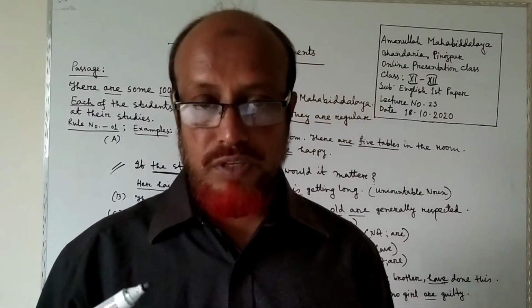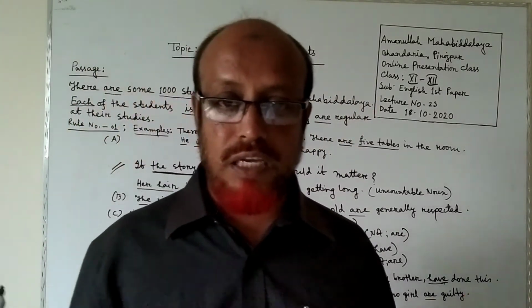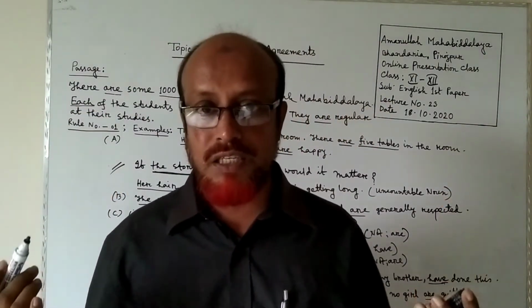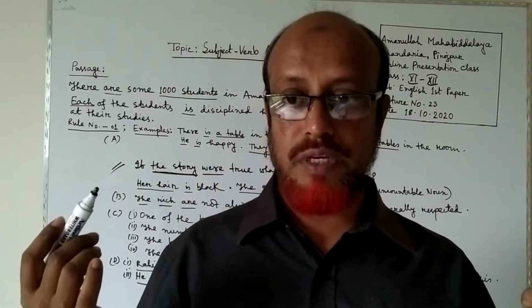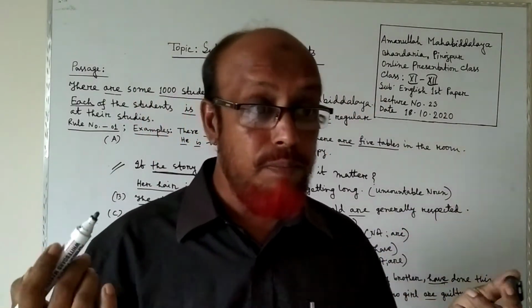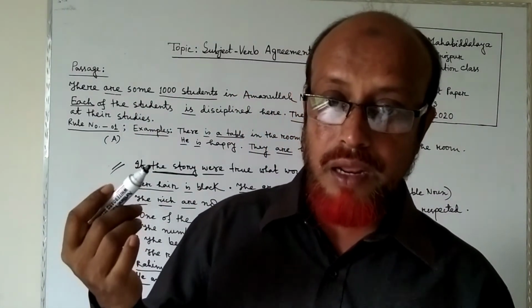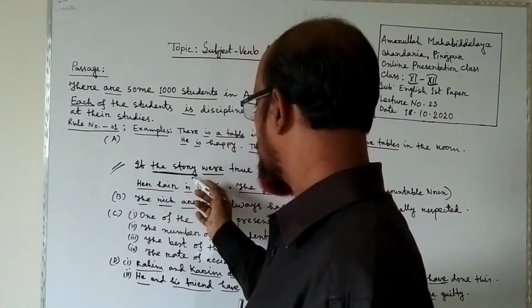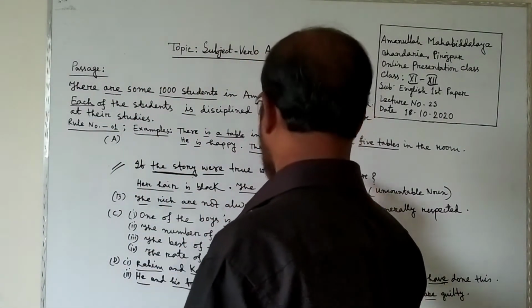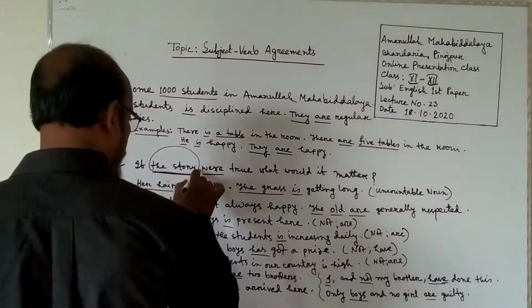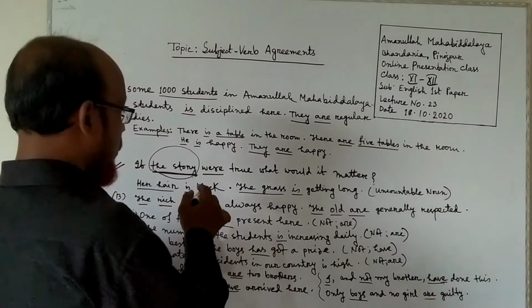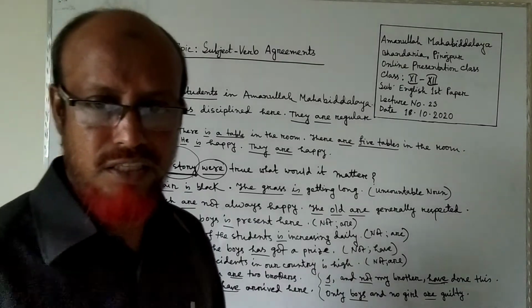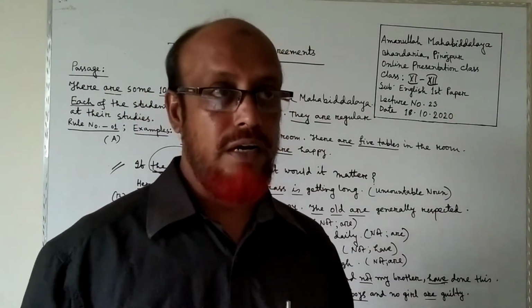Because sometimes we see a singular subject takes a plural verb when in the subjunctive mood, that is cohesive or connective mood. In that case, a singular subject will take a plural verb like this. If the story were true, what would it matter? Here the story is singular form, but we used were as a plural verb. Understand my point? Dear learners,